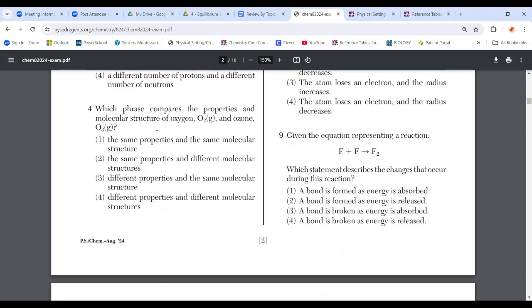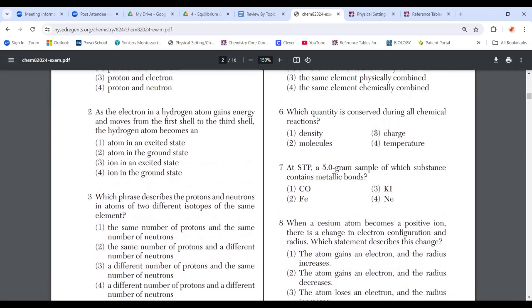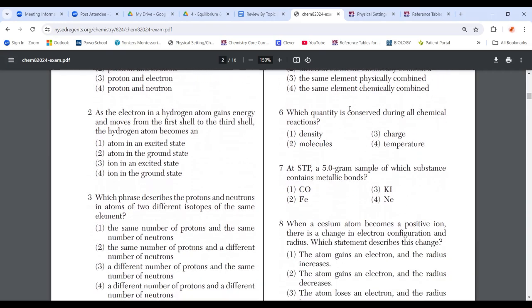For example, do you know what an allotrope is? That is in chemical bonding in my slideshows. Do you know the definition of a compound? Do you know the laws of conservation? There are three things that are conserved in every chemical reaction: mass, charge,